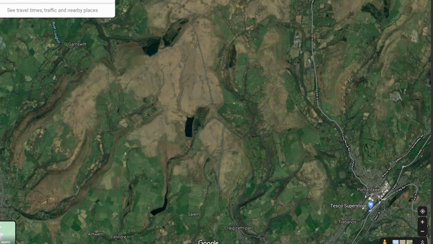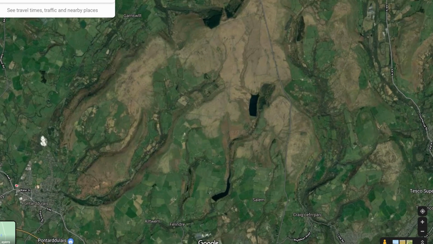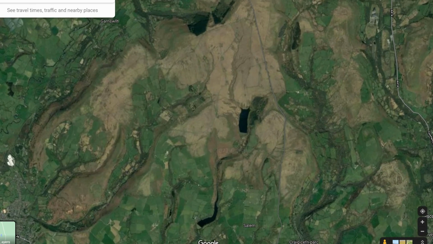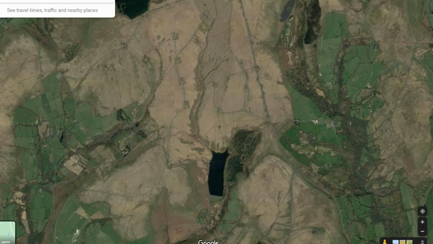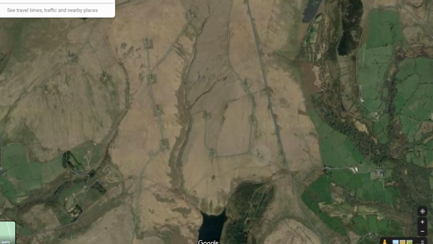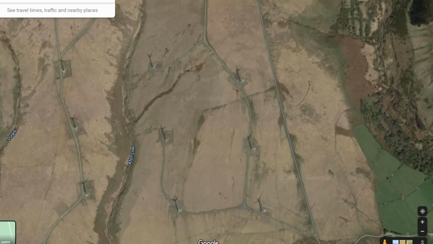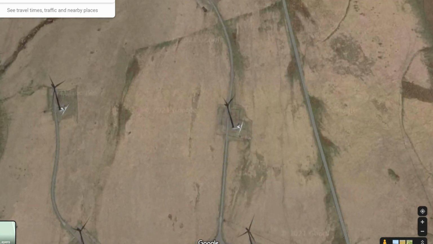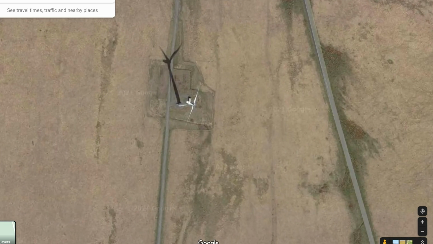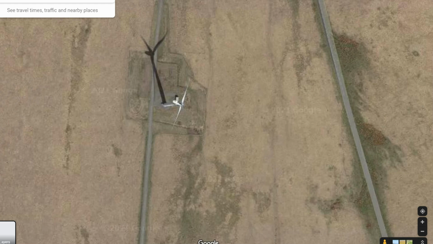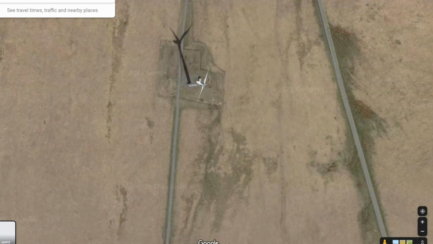and you can see right in the middle of the screen there, so we've gone up Pontedilai Mountain, and that's Clew Reservoir. And if you go north of Clew Reservoir, what you can see here, if we zoom in, you can see that wind farm. You can see the shadow. It's difficult to actually see the wind turbines, but obviously this was taken on a sunny day, and you can see the shadow of those huge wind turbines. So there's a wind farm